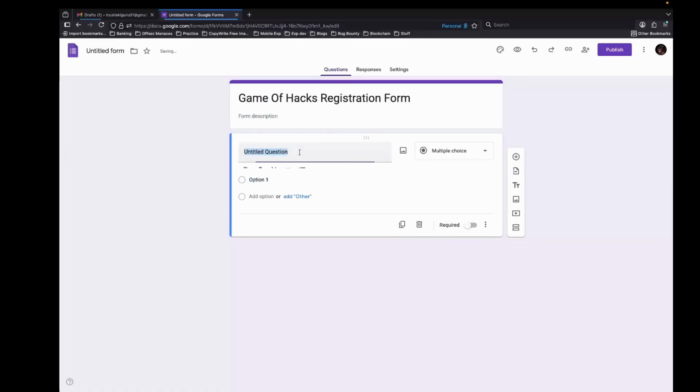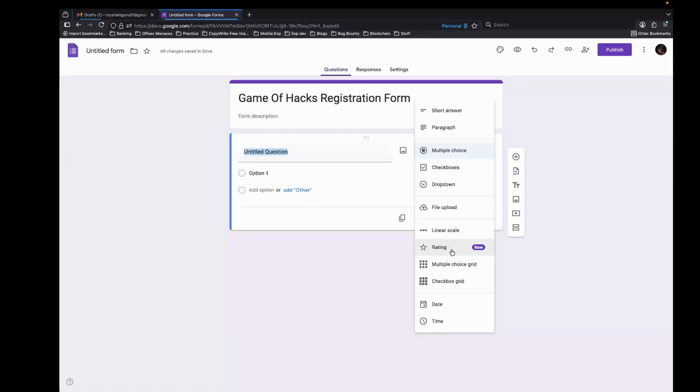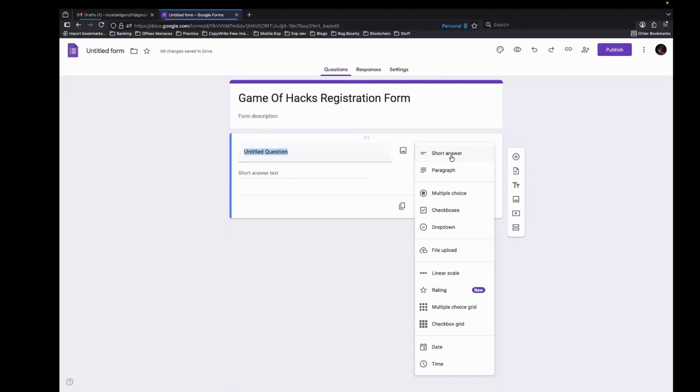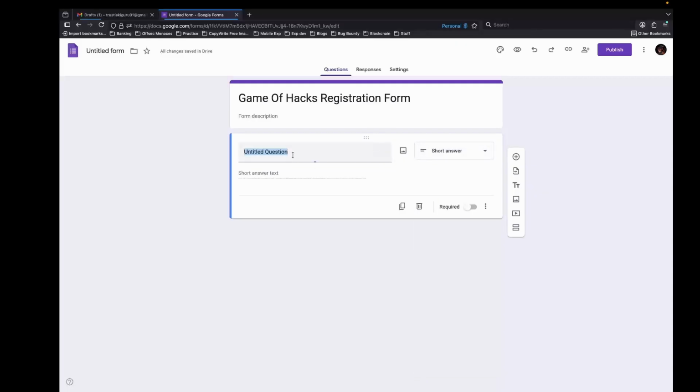Then we want to set up a way to get our credentials. This is just an interesting way to get it. Do we want a short answer or multi-choice? Let's go with short answer. The question will be, what is your username?